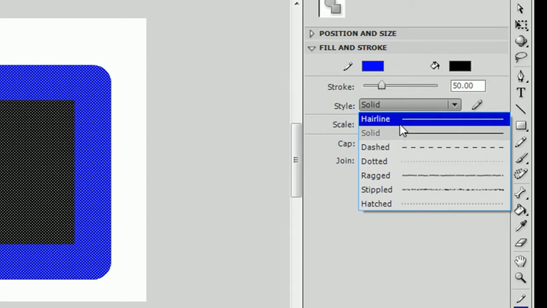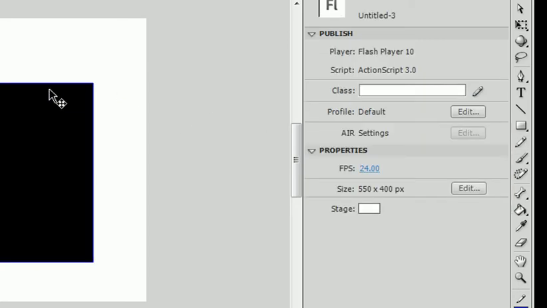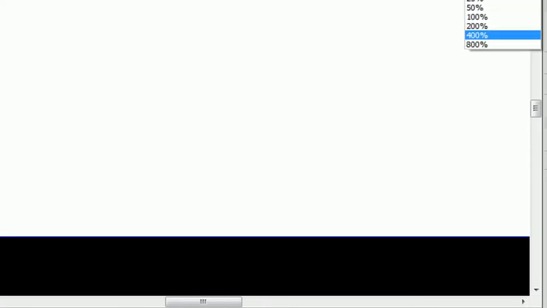If we were to select hairline, you would see that our stroke is now 0.10 pixels wide. And what you can do with this, if you were to zoom in 800%, you'd see that our stroke is still really thin. Let me show you one more. 400%. It's thin, and it's still thin. It doesn't change. What's special about the hairline